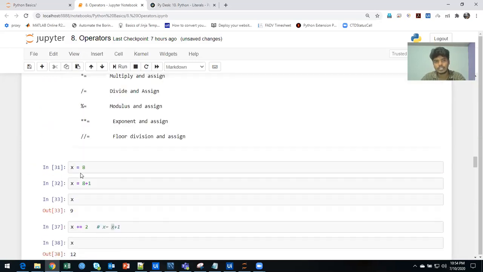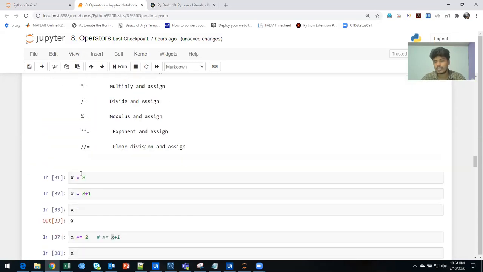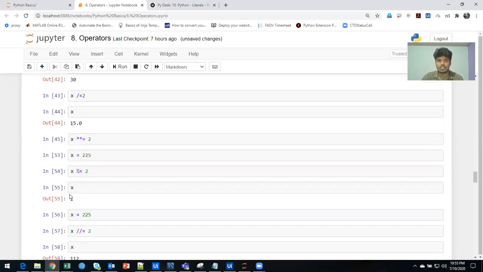So these are assignment operators. Assignment operators simply assign back to the original variable the result of an arithmetic operation, addition, subtraction, multiplication, division, floor division, with a particular value. This is the simplest way to do quick assignments without creating a formula with the same variable. We can do this. This is a shortcut.